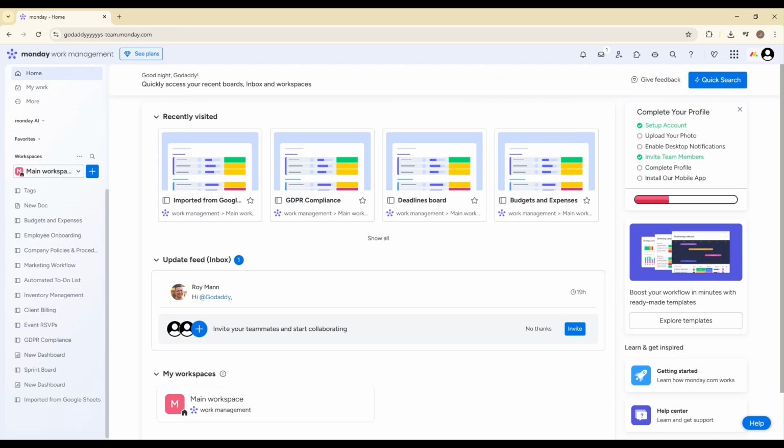In today's video, I'm going to show you exactly how to import Google Sheets into Monday.com step by step. If you're managing projects, tracking tasks, or organizing client data in Google Sheets, and you want to move everything into Monday.com for better automation and collaboration, this is the easiest way to do it. I'll walk you through connecting your Google account, selecting the right sheet, mapping your columns correctly, and making sure your